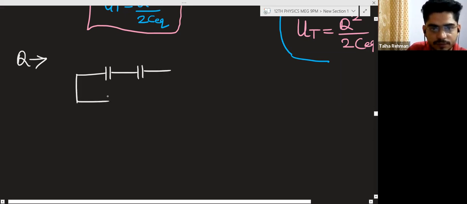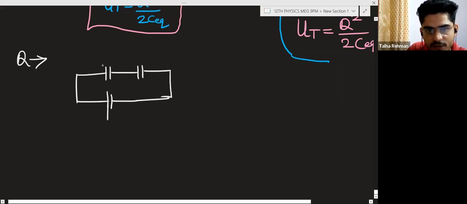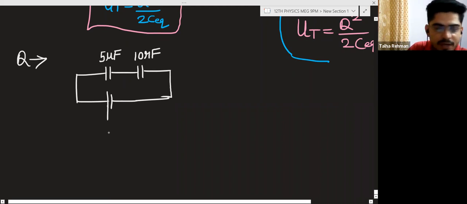So here two capacitors are connected in series. See, the series combination is like this: this is one wire, on this wire this capacitor is connected, on the same wire this capacitor is connected, and the capacitance of this one is 5 microfarad, and this is 10 microfarad, and here a 10-volt potential battery is connected, and we have to calculate